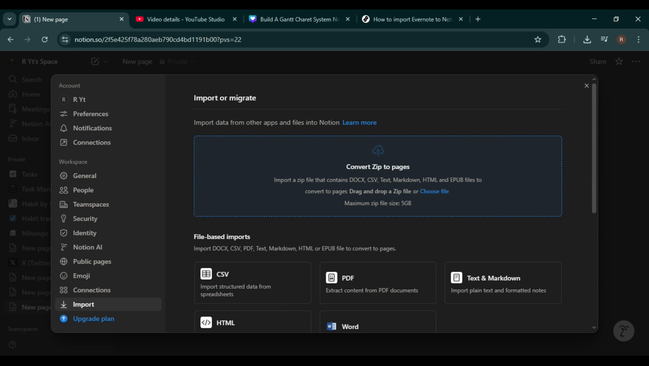Notebooks are usually converted into pages or databases, and individual notes become subpages. You can now reorganize them, apply Notion templates, add tags, or move them into different sections of your workspace. It's a good idea to quickly review a few imported notes to make sure everything looks correct. Most text, images, and formatting transfer over smoothly, but things like complex attachments or special Evernote features may need minor